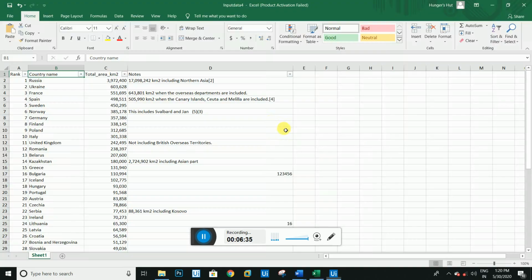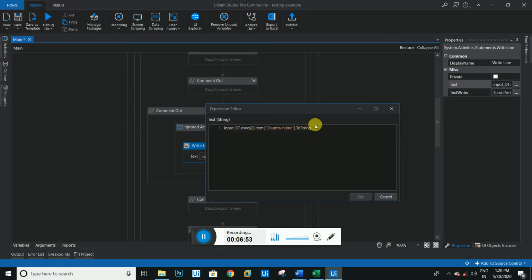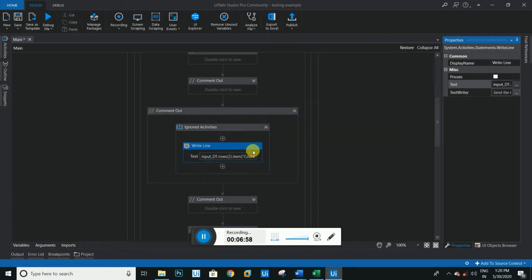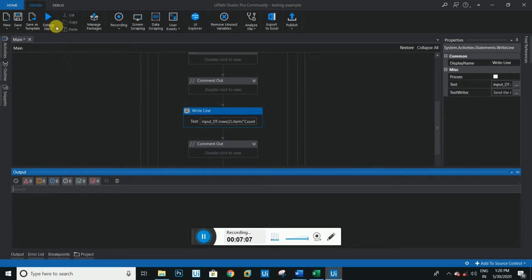As we see this Excel sheet, we know the index, we will count the index. But in a different scenario, if you don't have the Excel file or something, you just know the column name. In this situation, you can use this syntax to use this command. So let me run this command and I will show you. The activity is now enabled, so I'm going to clear these things and run this command.